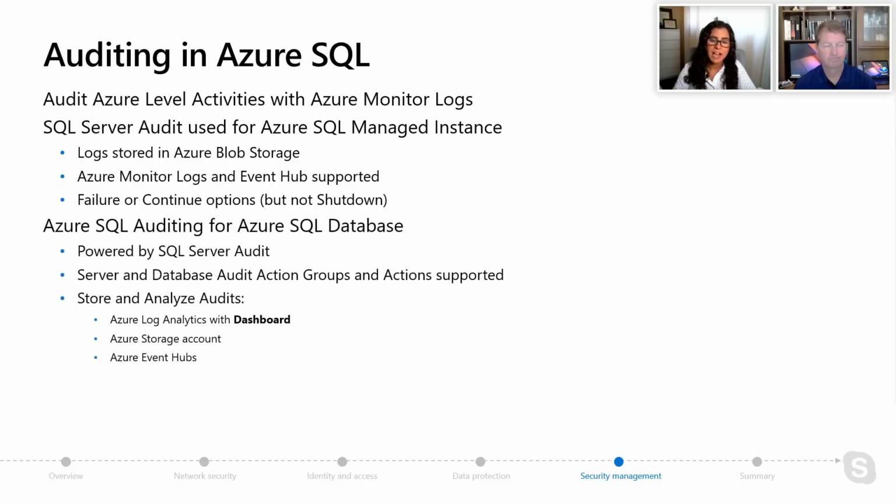Now, when we talk about Azure SQL Database, it's slightly different. This is called Azure SQL Auditing, and it has some default action groups, including batch completed group, successful database authentication group, failed database authentication group, but there's no exact audit-level audit action group equivalent. Some of this is available through things like the activity logs, which you'll get a chance to take a look at in the hands-on labs, as well as the batch completed group default action group.